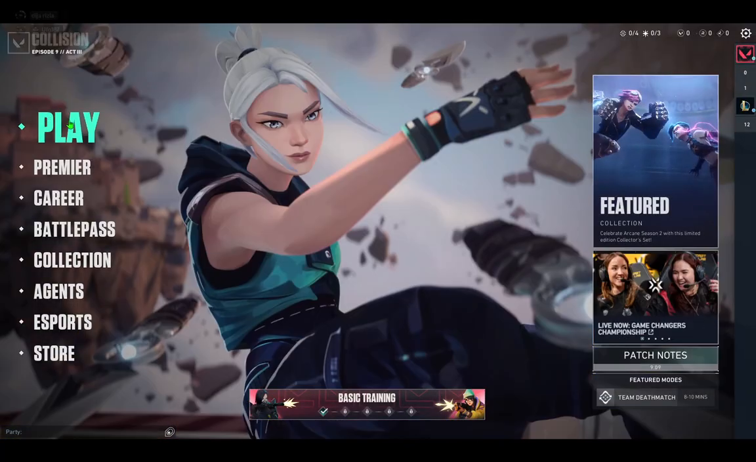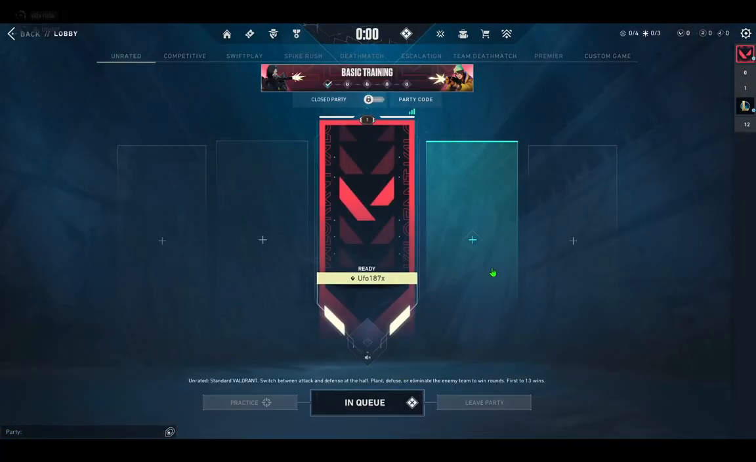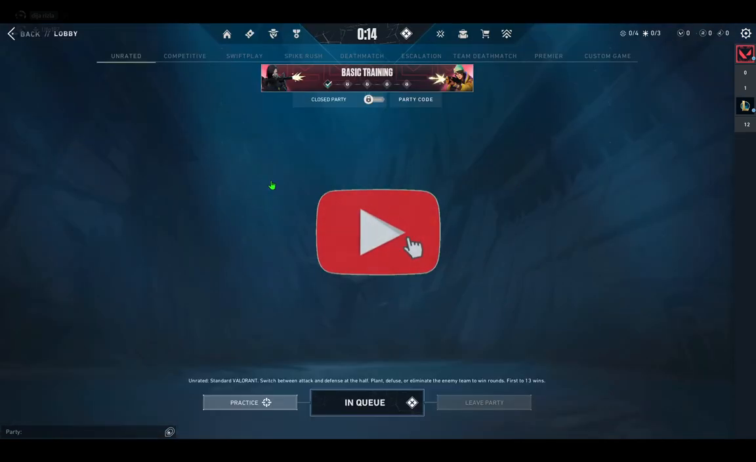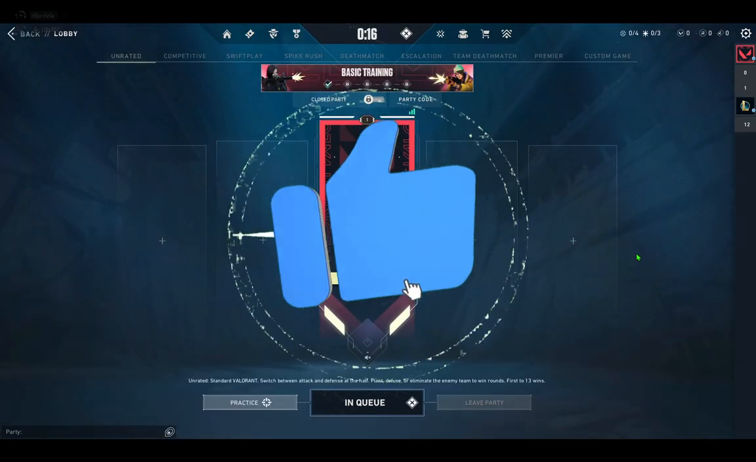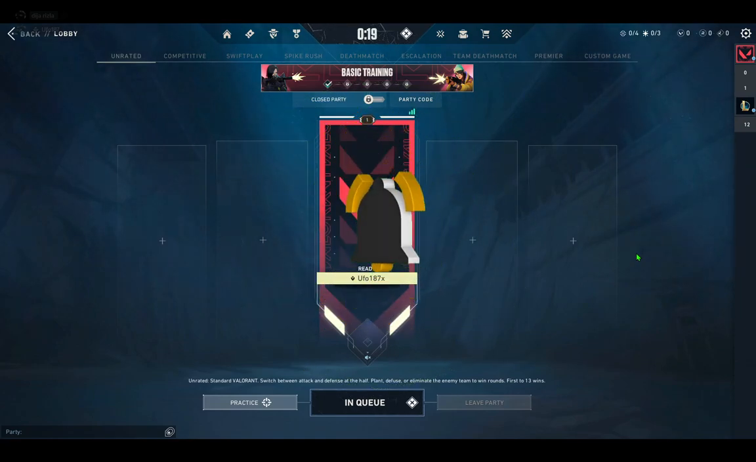Go back in your game and enjoy playing Valorant with the best settings and best FPS. And that's it all guys for this video, how to get the best settings in Valorant on PC or laptop with